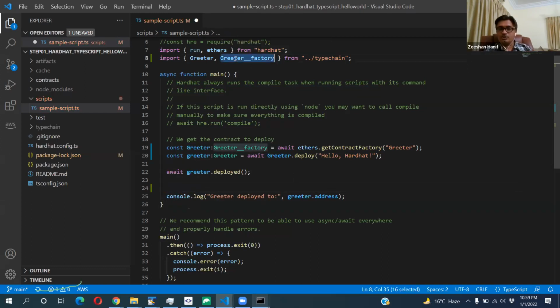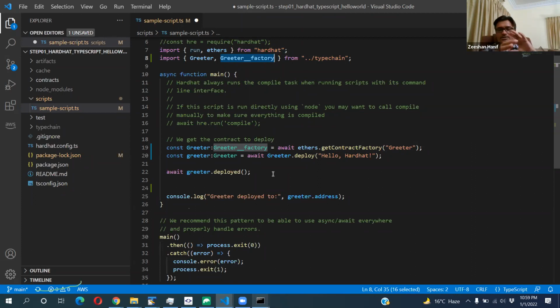It will import. So the person, one of you guys was asking how it's connected to the greeters. So you see, when we call this greeter.contract, it creates the greeter factory class. Inside that, it has an ABI and it gives us a reference, so we can call all the functions on it, and then those functions will go to the Ethereum mainnet.